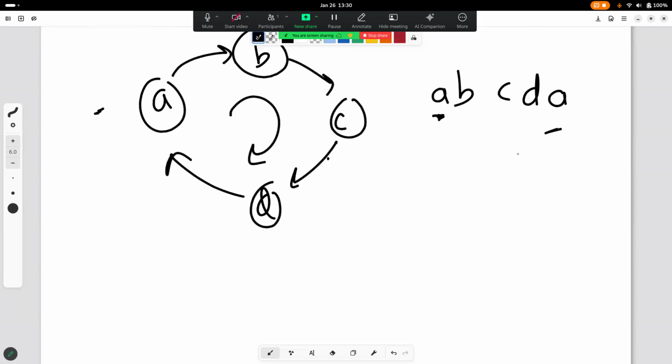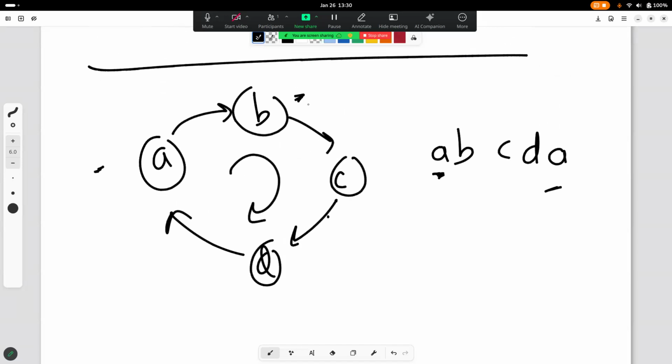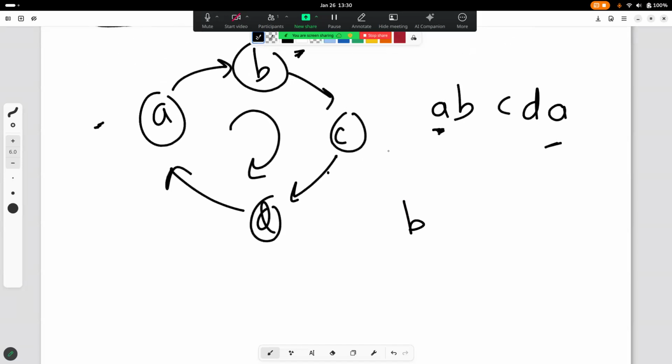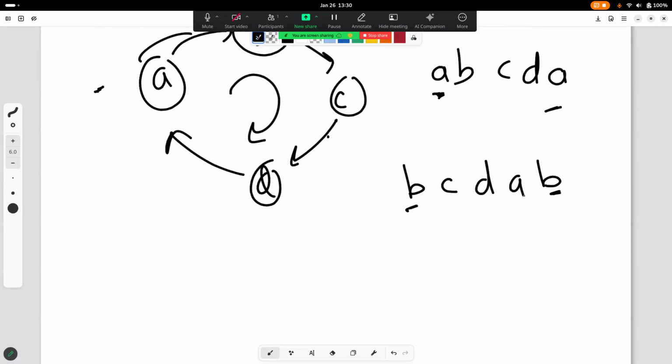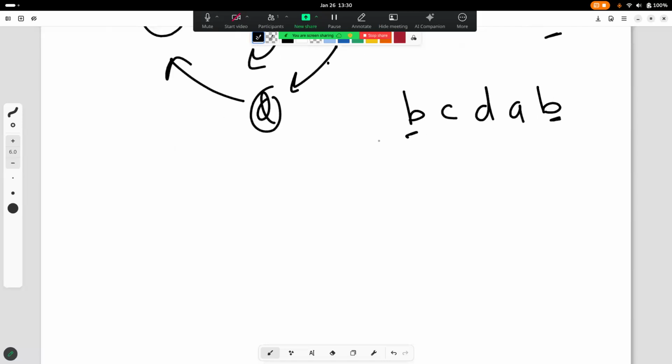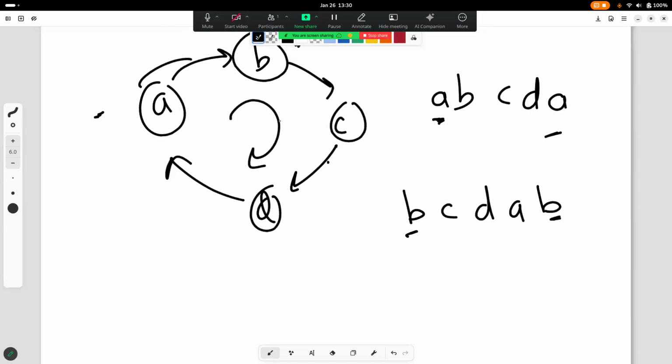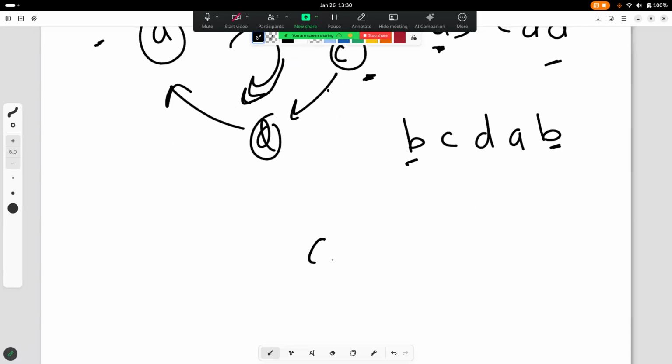So I got this one string. Then say we started with B. I need BC, I added C, CD, DA, and I need an AB. I've already added B, but it's not able to satisfy this BA condition. So I need to add one more B. Thing is, to kind of get this cycle, choose any one node, say C, add this C at the start